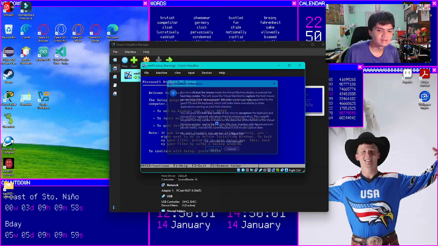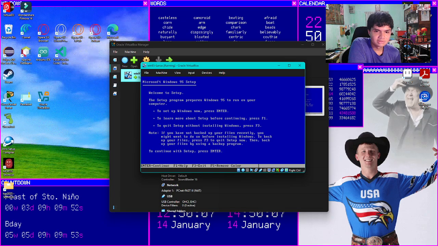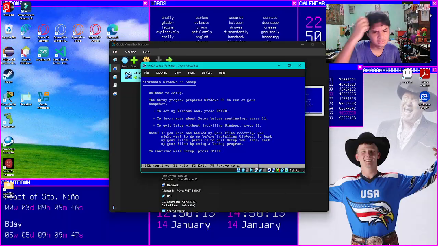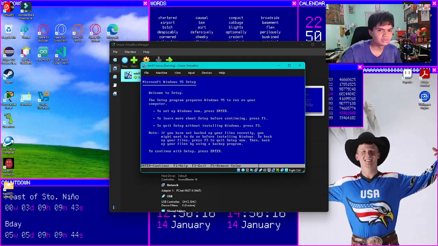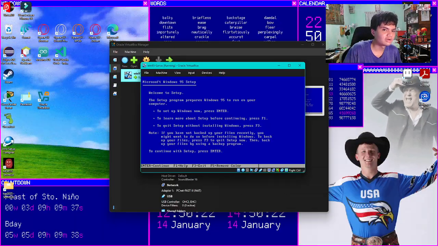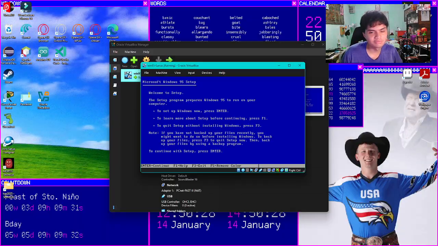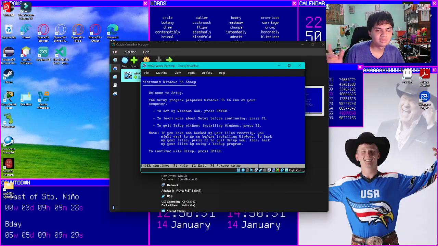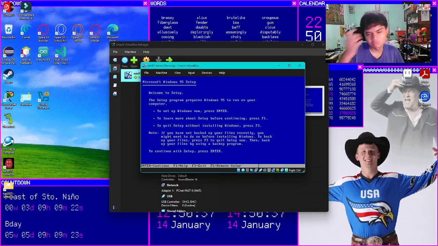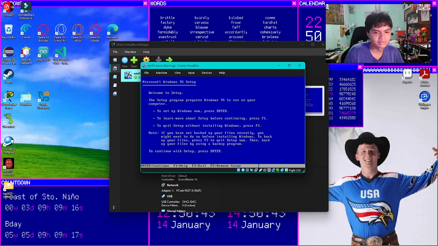So what we want here is that we want to create two partitions for Windows 95, the C and D drive, so it can be used. And we want to put the set of files from the disk drive to the C drive, so we can install Windows 95 efficiently rather than waiting for the installation of Windows 95 in this computer. So this is useful and feasible if you have a lot of computers in a company, for example, and you can just copy the setup files first at C drive before installing Windows 95, so you can change to another computer. So it's pretty good and feasible for larger companies and larger computer networks.